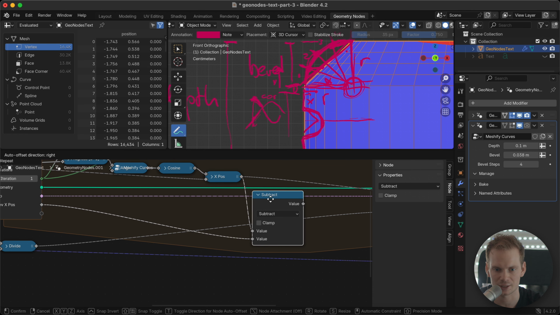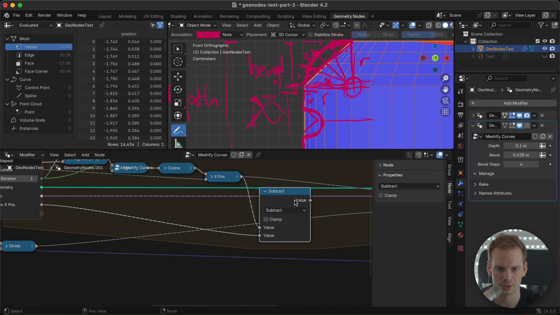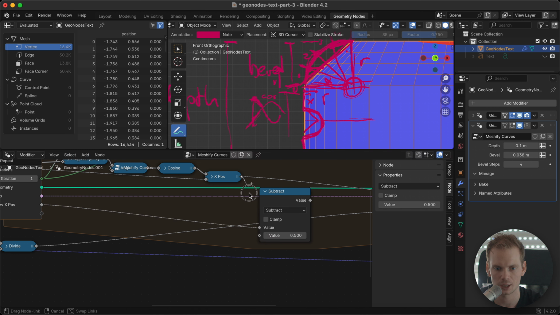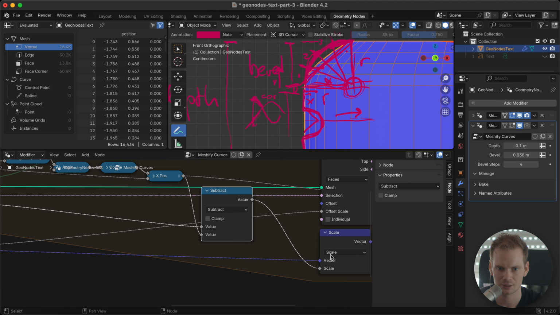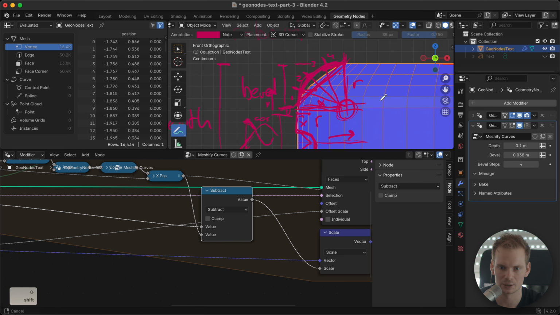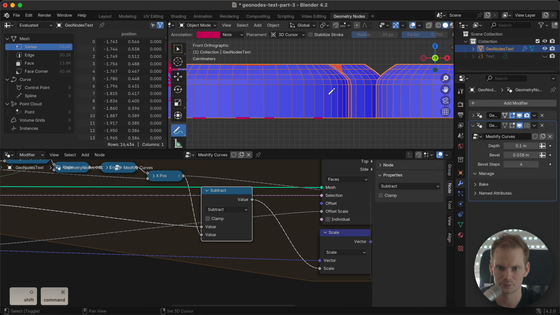So in order to fix that, we can multiply by -1. That would add another node, or we can just swap these two. And now we're starting with the biggest value, and then we're slowly subtracting x from this to move in that direction. And if we plug that in, now we're getting something that looks a little bit rounded.